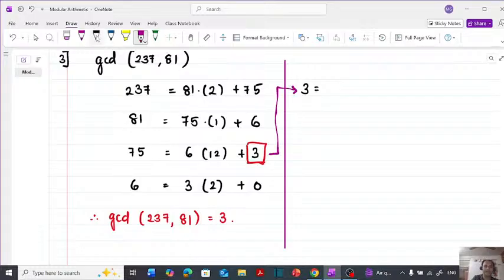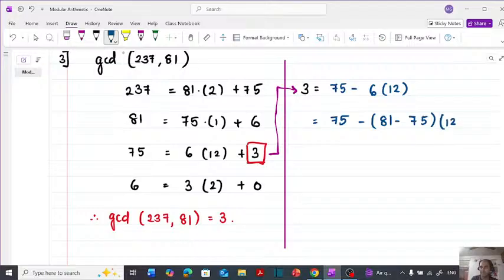From this step, I can write it as 75 minus 6 into 12. It is possible. Now, the 6 which we see can be written as 81 minus 75 into 12,